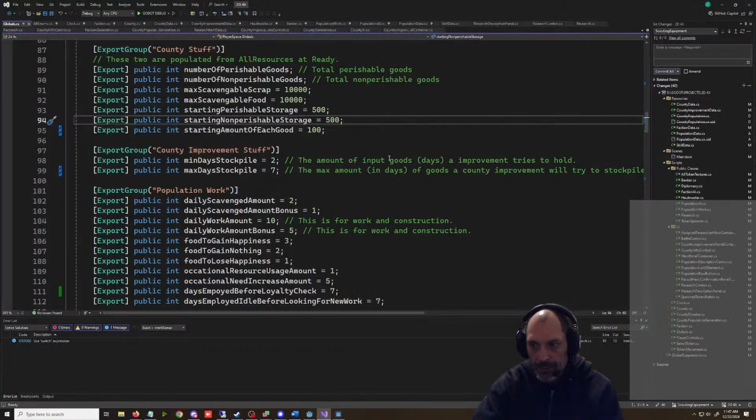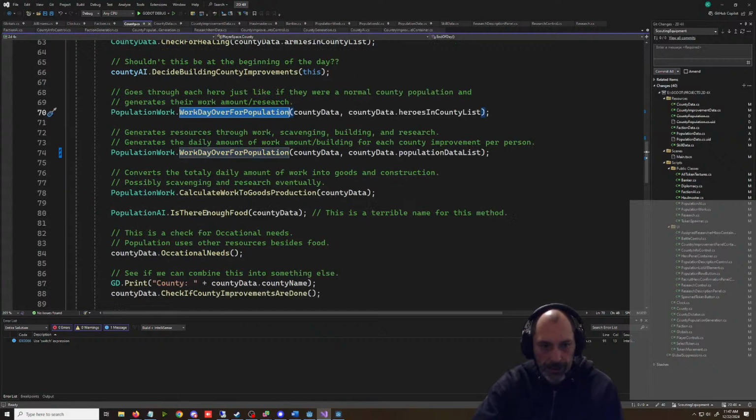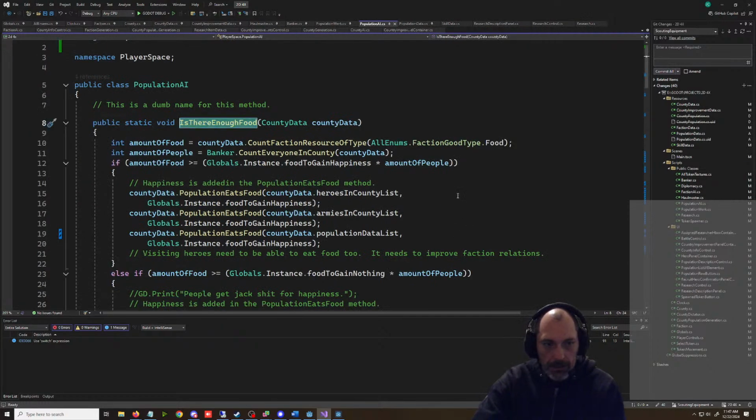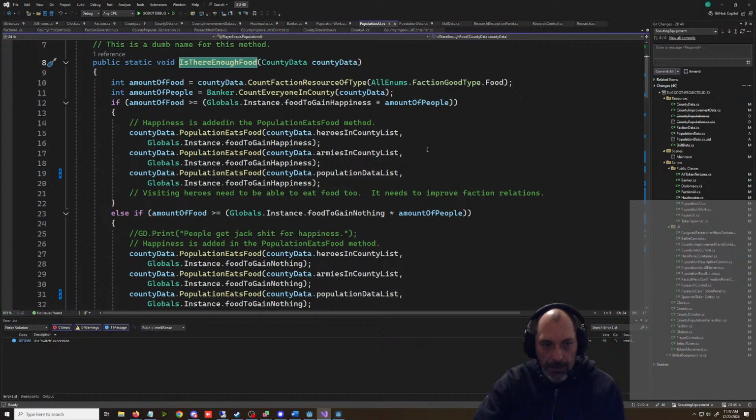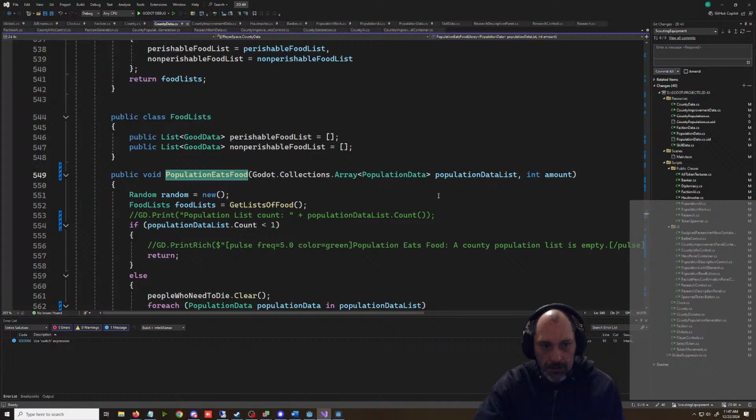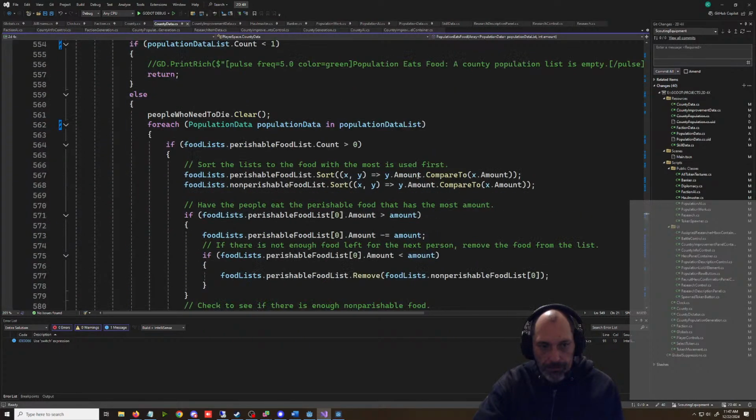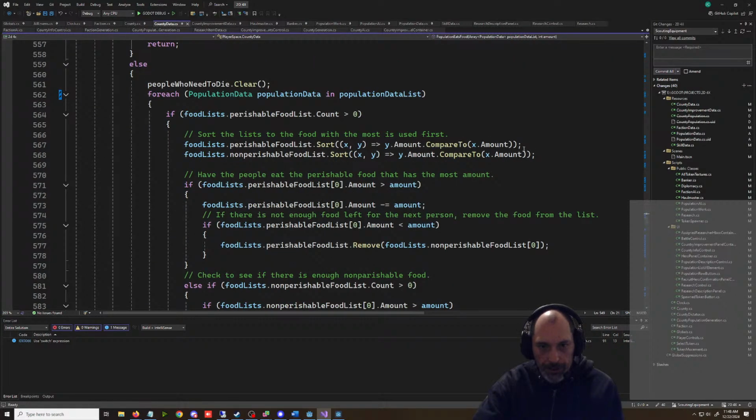I guess we should take a look at starvation because it doesn't seem to be that. Is there enough food? Population eats, happiness is added into the population eats food method. For each population data in the population data list, if the perishable food count is greater than 0, we sort it by the amount that they